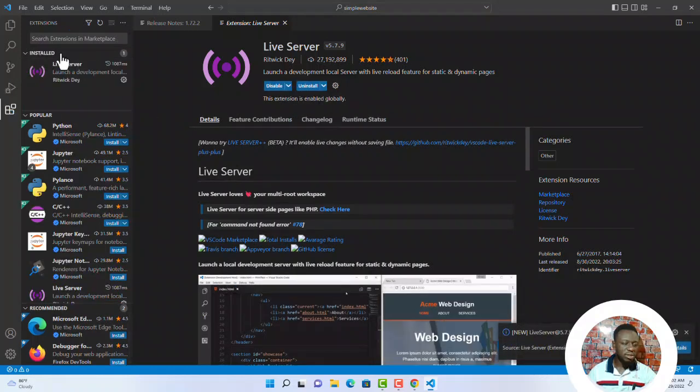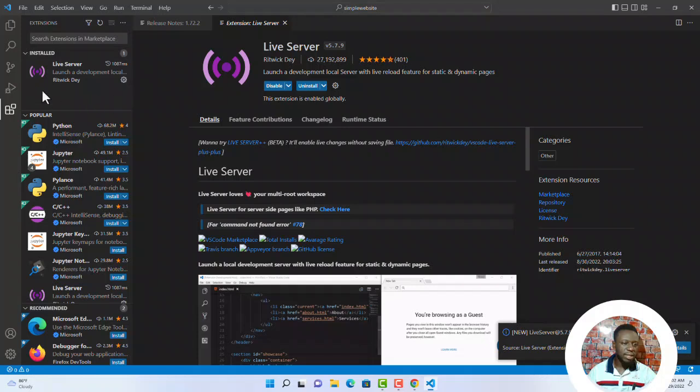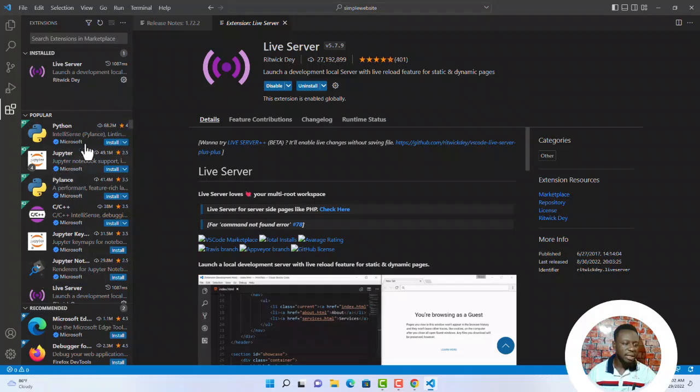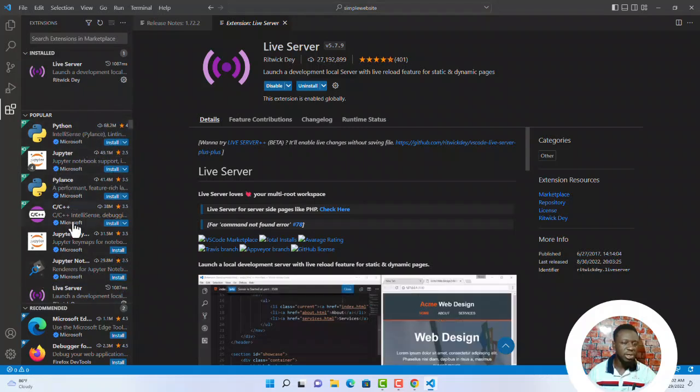Now once it is installed, it will be listed in the installed extensions. So you can see right here at the top, we have just one extension listed in the installed tab. Here we have the installed tab, and these are the ones that are yet to be installed. So for now,